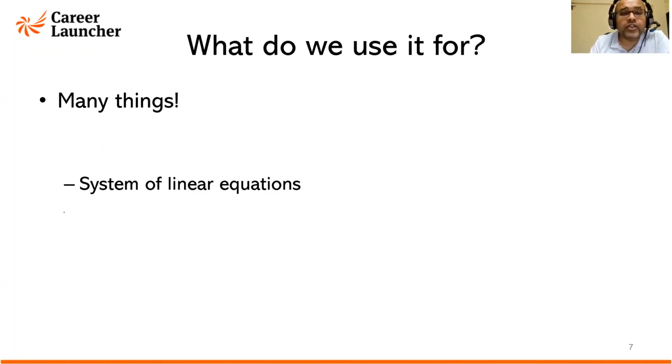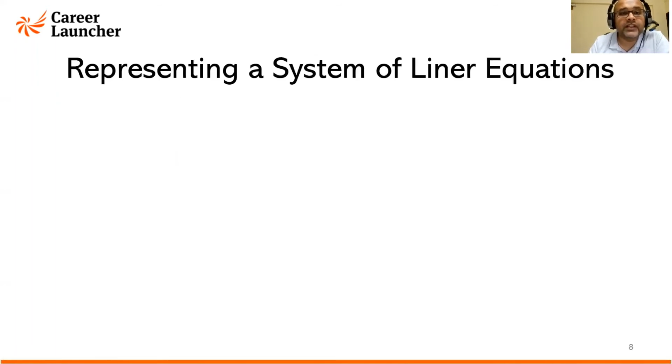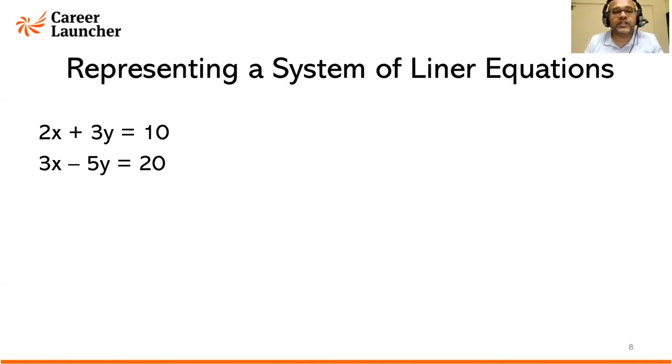But before getting into solving using matrices, first let us try to understand how you represent a system of linear equations. So what is a system of linear equations? Two variable equations or three variable equations, a group of such equations is called a system. System is nothing but a group. The group is two equations, three equations, four equations, any number of equations, right?